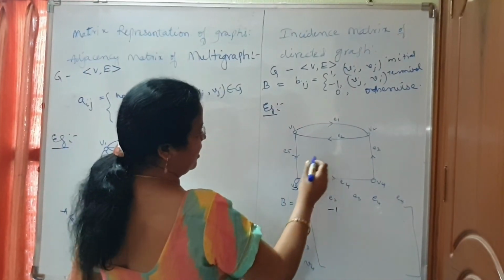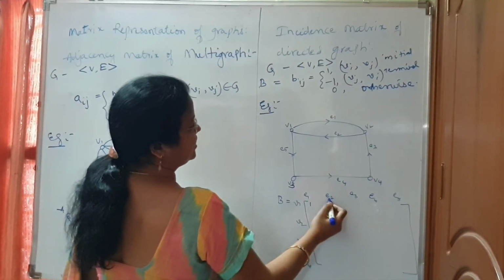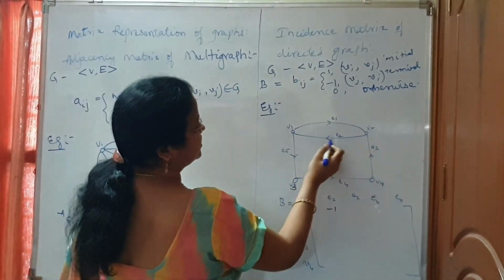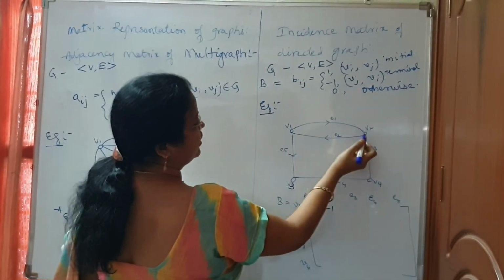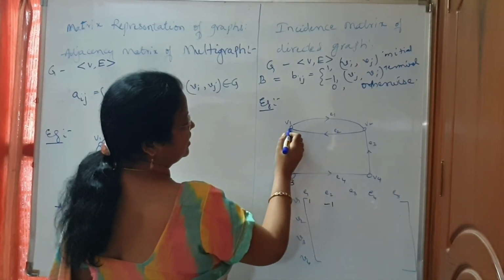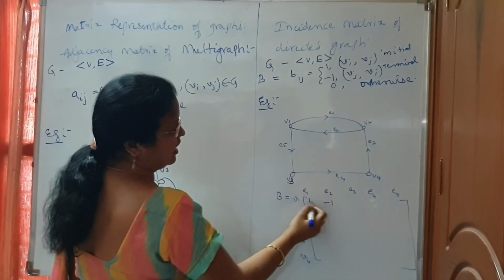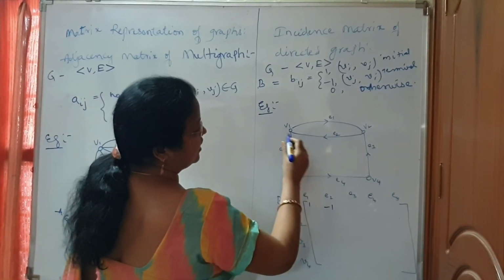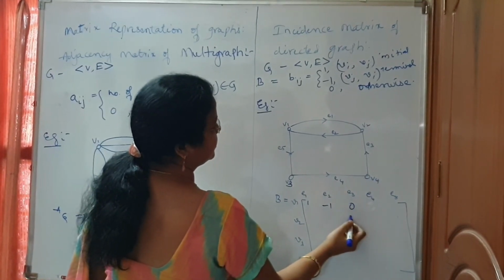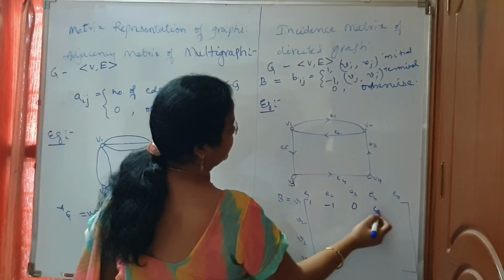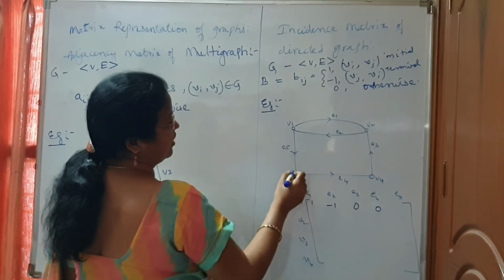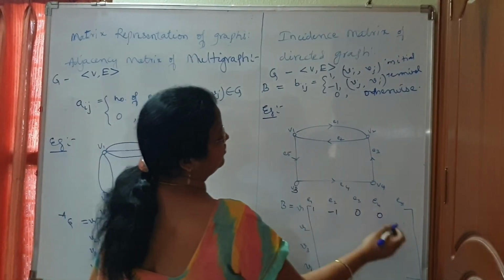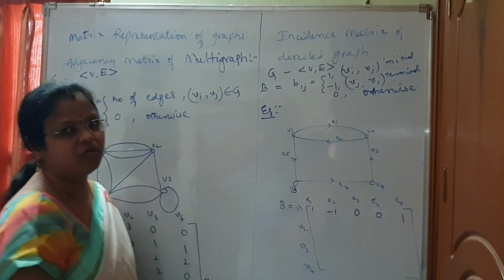So now from the graph, if you observe, we have edge E2. For this edge E2, V2 is directed towards V1. Therefore, V2 becomes the initial vertex and V1 is the terminal vertex, so we put the value -1. E3 is an edge which has no connectivity with the vertex V1, therefore it is 0. E4 then 0. For E5, if you observe clearly, the edge goes from V1 to V3. Therefore V1 is the initial vertex, and we put the value 1.